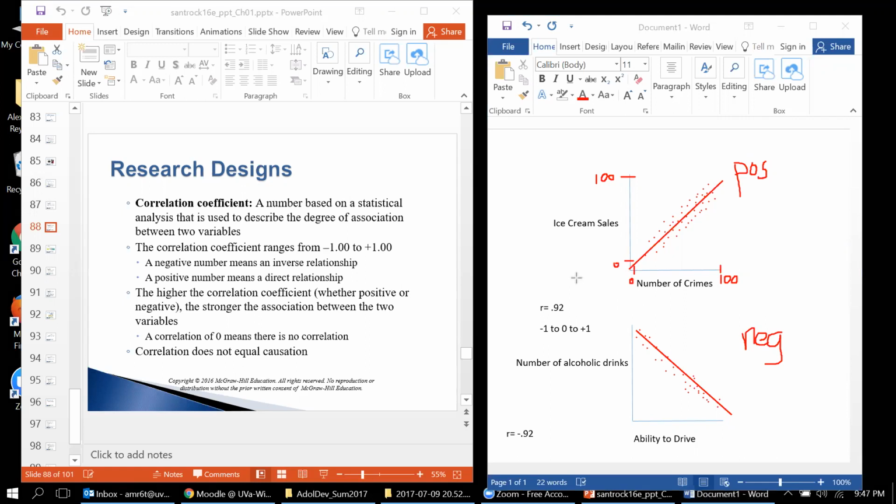What the problem with correlation relationships are essentially is that there's always another variable or a set of variables that could be causing it. So we have variable A, ice cream sales, variable B, number of crimes. What about variable C? What could be actually influencing those two variables? One thing influences both ice cream sales and number of crimes, and that is the temperature. So the temperature outside